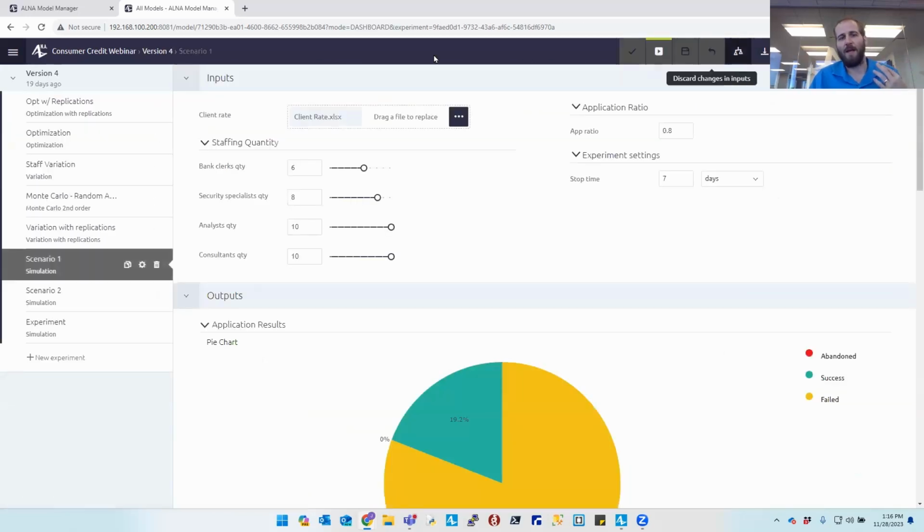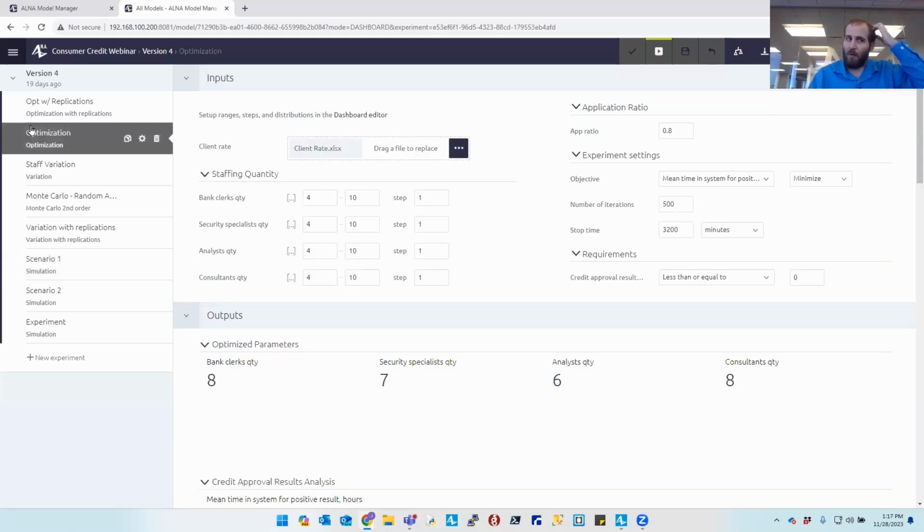And let's even say, going back to the optimization example, I am very pleased with these results. And of course, Model Manager is going to save these results. Anytime I revisit this page, it's going to always be there, but I also have the ability to download these